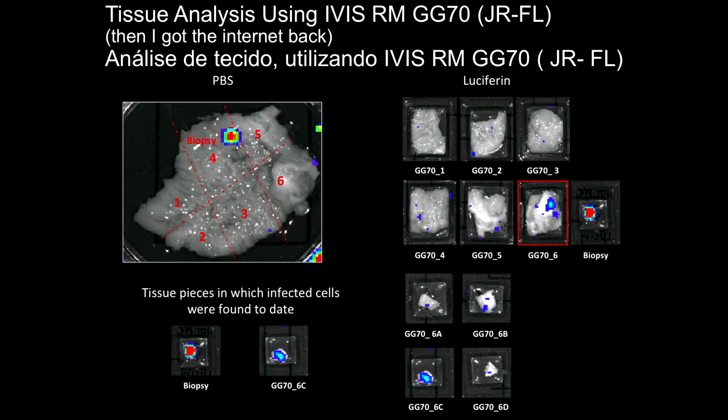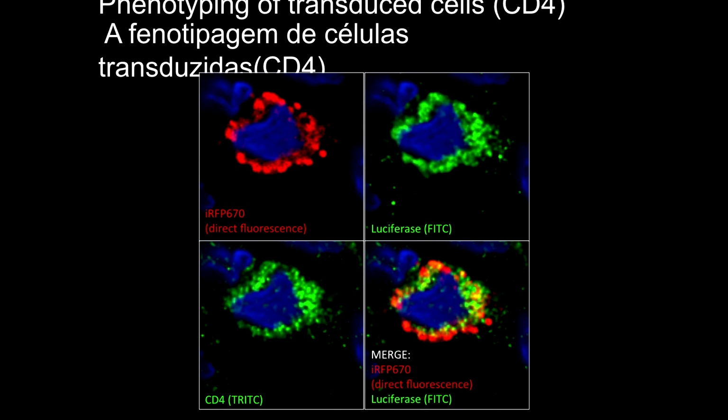So the rectal transmission work is ongoing, but I'll just give you a little bit of a taste of what we're seeing. Anyway, we switched to a different fluorescent protein. So this is iRFP670. It's more red shifted, and natural fluorescence tends to be more in the blues and the greens, and maybe starting to get red, but there's not much in the far red. And then we stain the cell for luciferase, as I said earlier. So it's luciferase positive and fluorescent protein positive. And then we can stain for CD4,